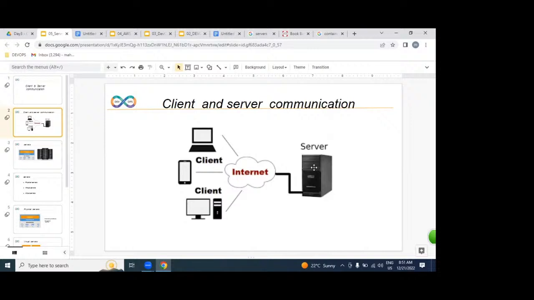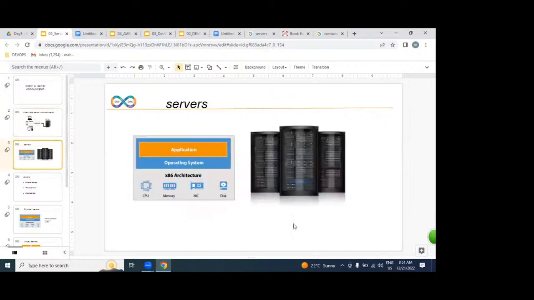Based on the request, a server prepares the response and sends it back. But if you want to establish this, we require a server. A server has 3 layers: hardware layer, operating system layer, and application layer. We understood very clearly.